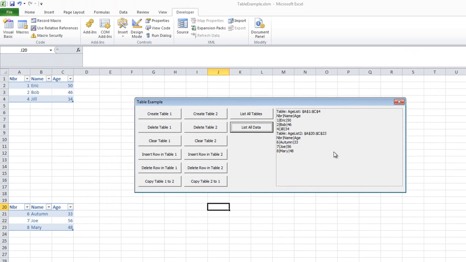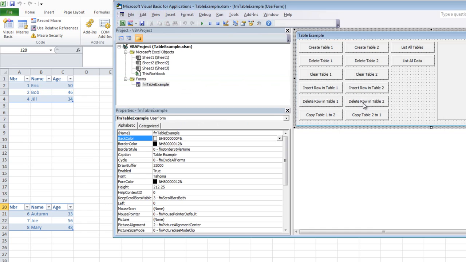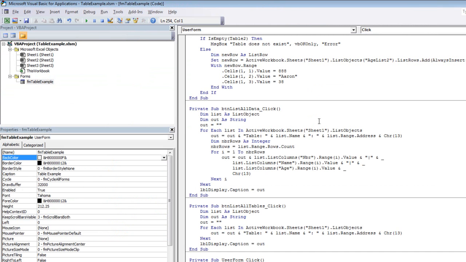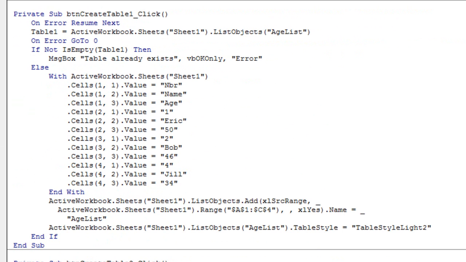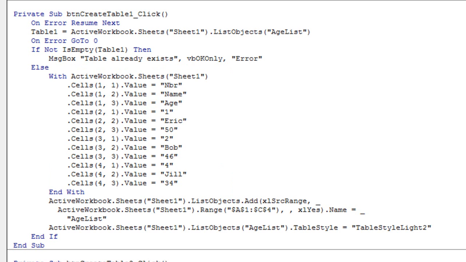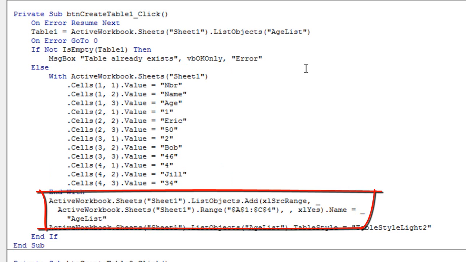Let's take a minute and do a quick scan through this VBA code so that we can see how it interacts with those tables. I'll open up the VBA editor and I'll view code. Here is the code to create a table. First thing that this code does is set some values in some cells. And then after it set those values, it can call activeworkbook.sheets, passing the name of the sheet,